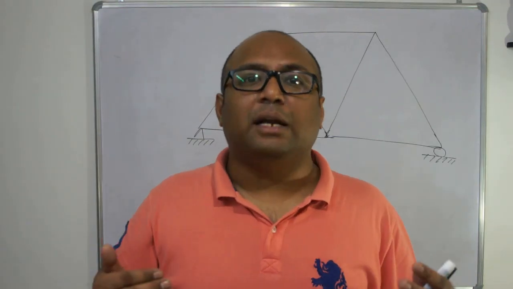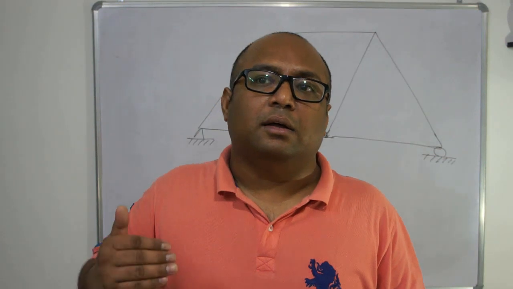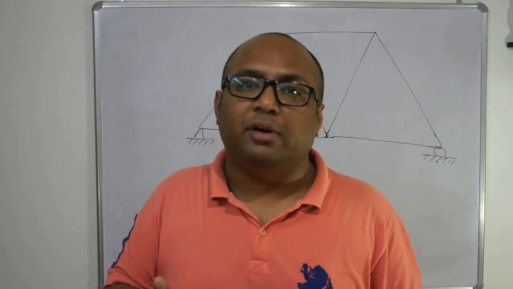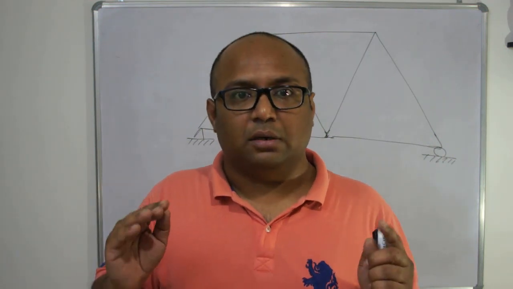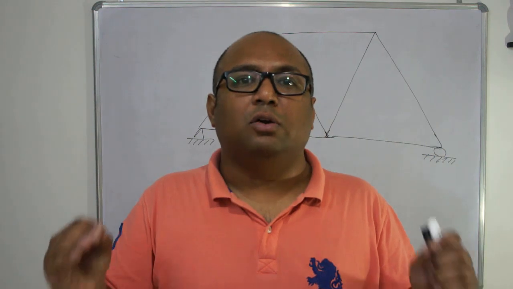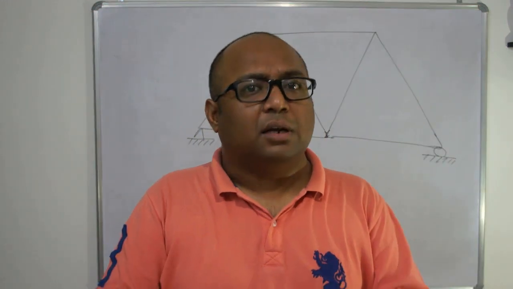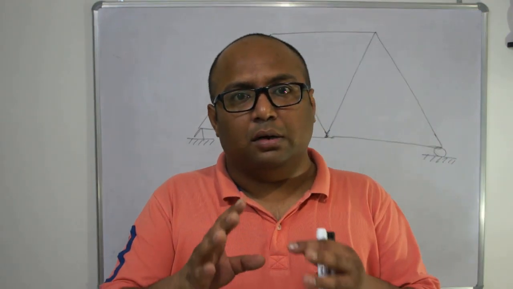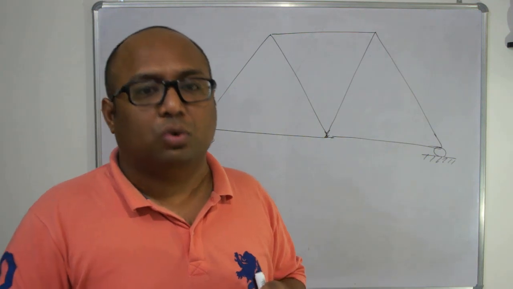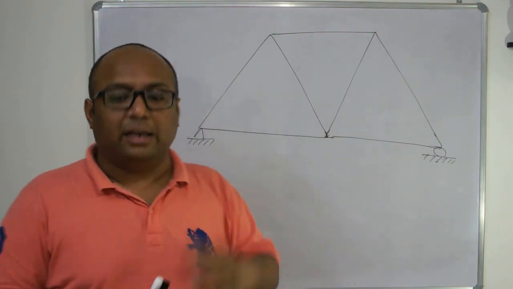If all the members are in tension and your answer is positive, then what you have assumed is correct, and if your answer is negative, then the member is in compression. So my suggestion is always assume the unknown force to produce a tension in the bar. With this assumption, I will draw the arrow, and how you can understand it, this is what I am trying to show. So I have taken a very simple truss and I am showing you the sign convention.